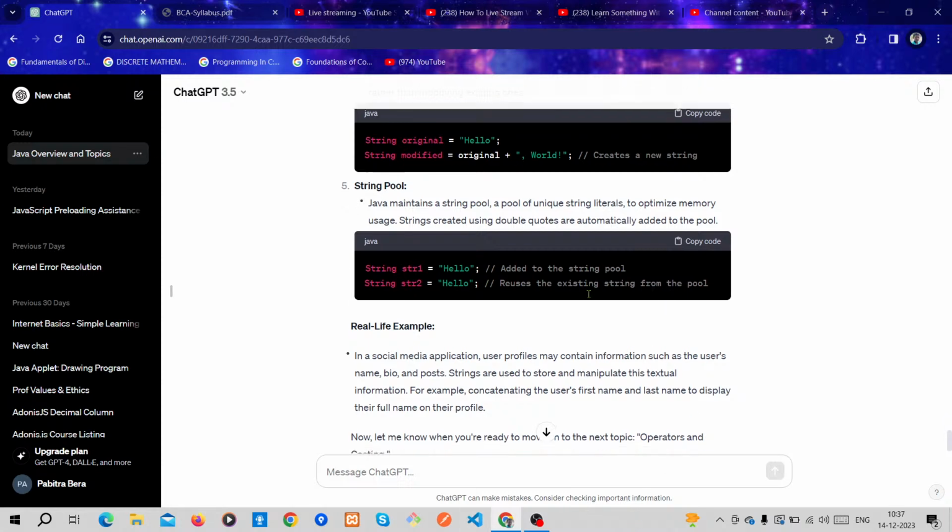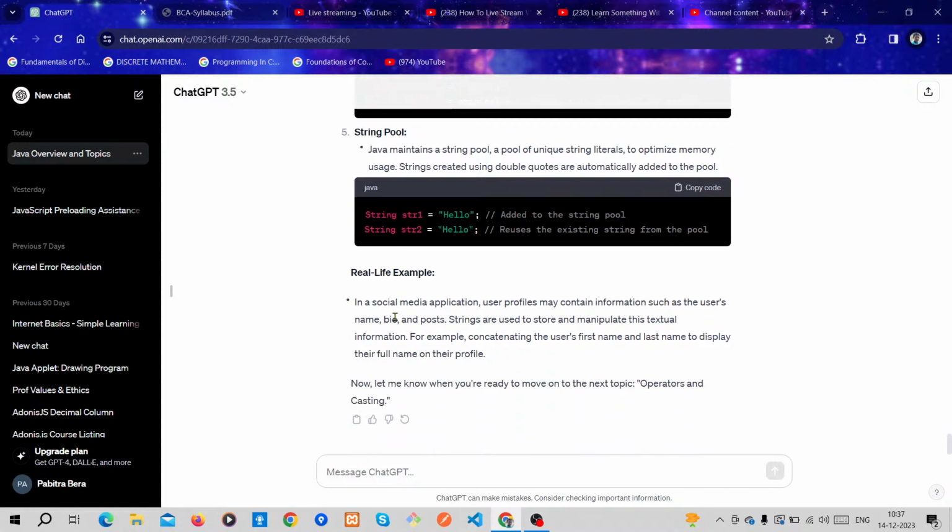Okay, a real life example for that string topic. In a social media application, user profiles may contain information such as the user's name, bio, and posts. Strings are used to store and manipulate this textual information. For example, concatenating the user's first name and last name to display their full name on their profile.